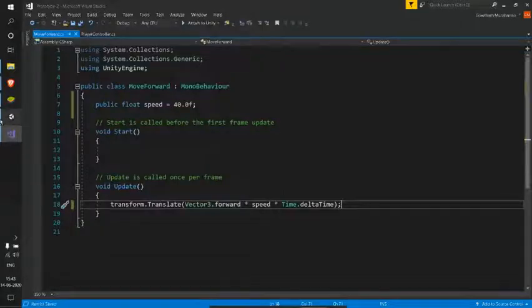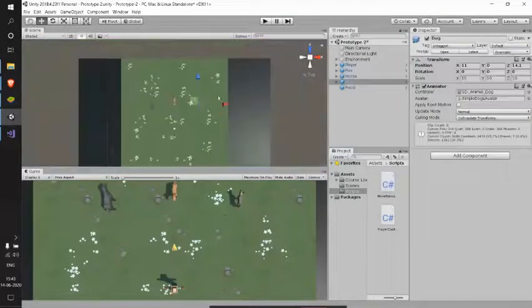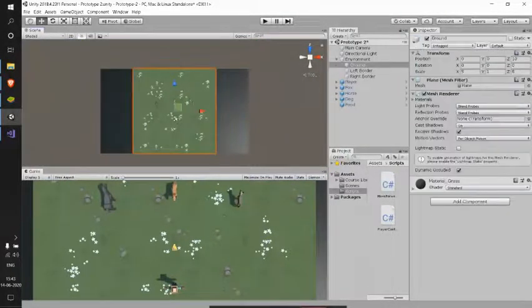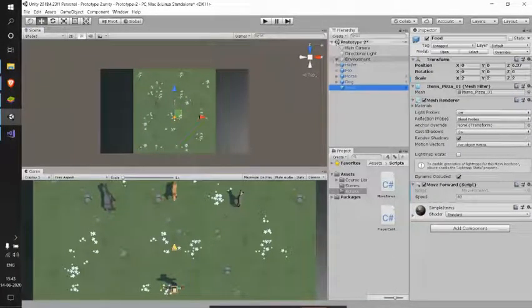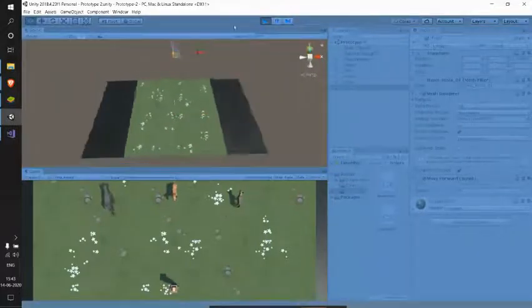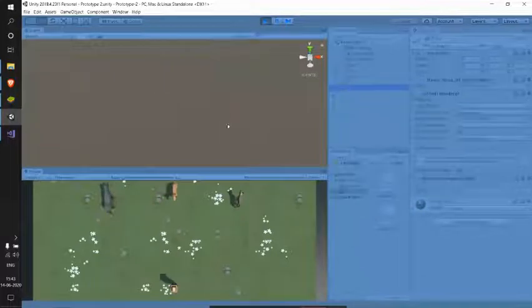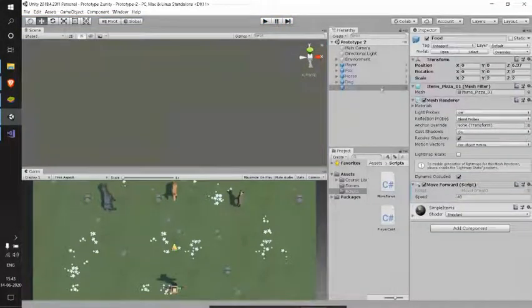So let's just go back there and test this. I guess you will be able to see this, but we selected that. Just follow the arrows to see if it's moving or not. See, it's just moving, right? It's moving at such a great speed, so that's okay for us.